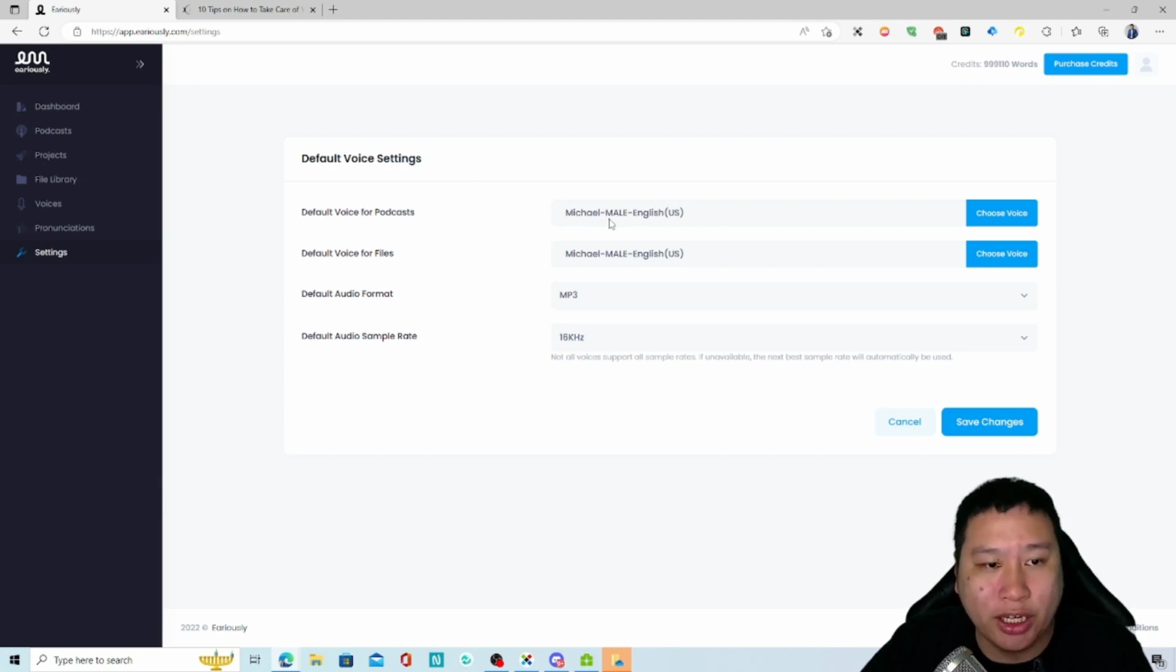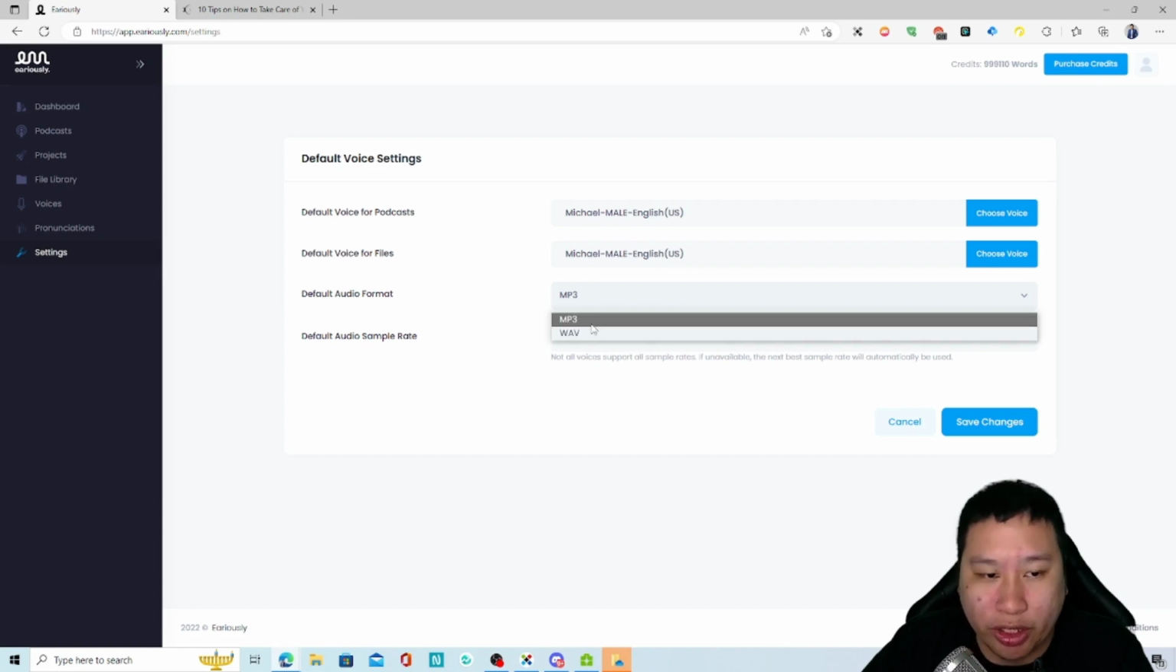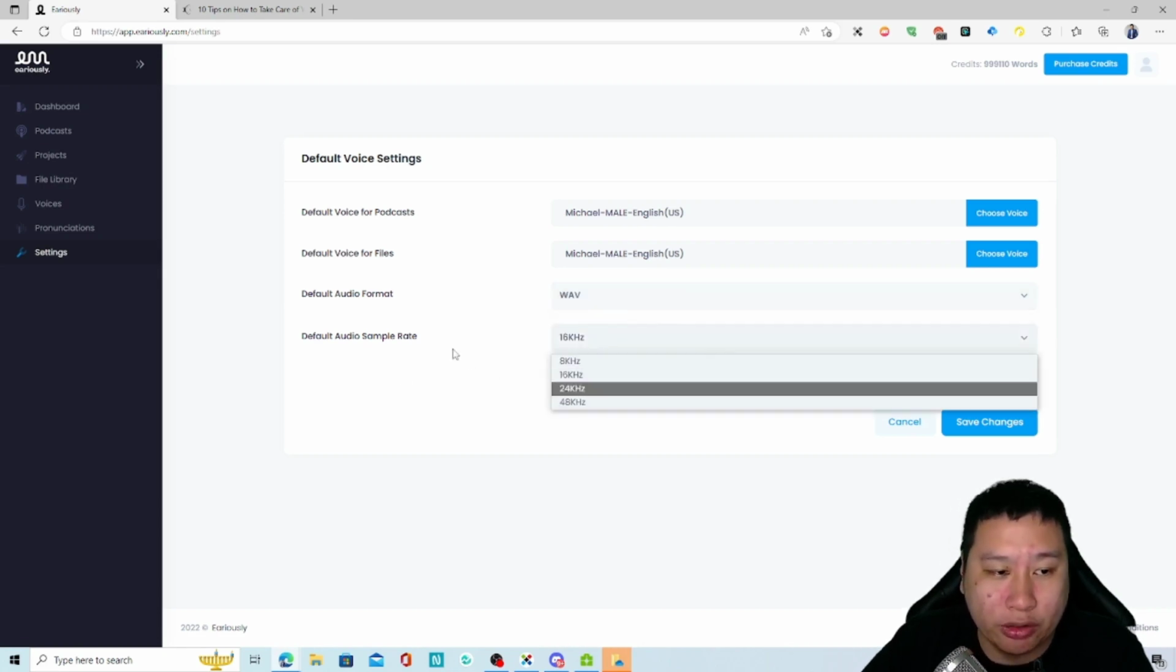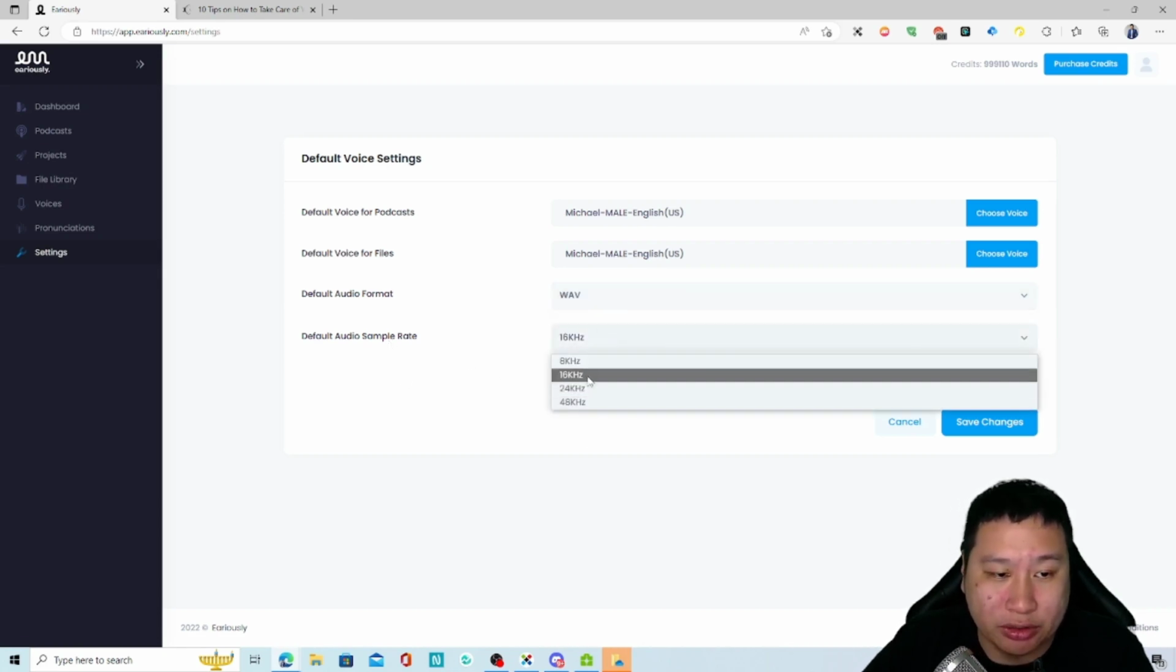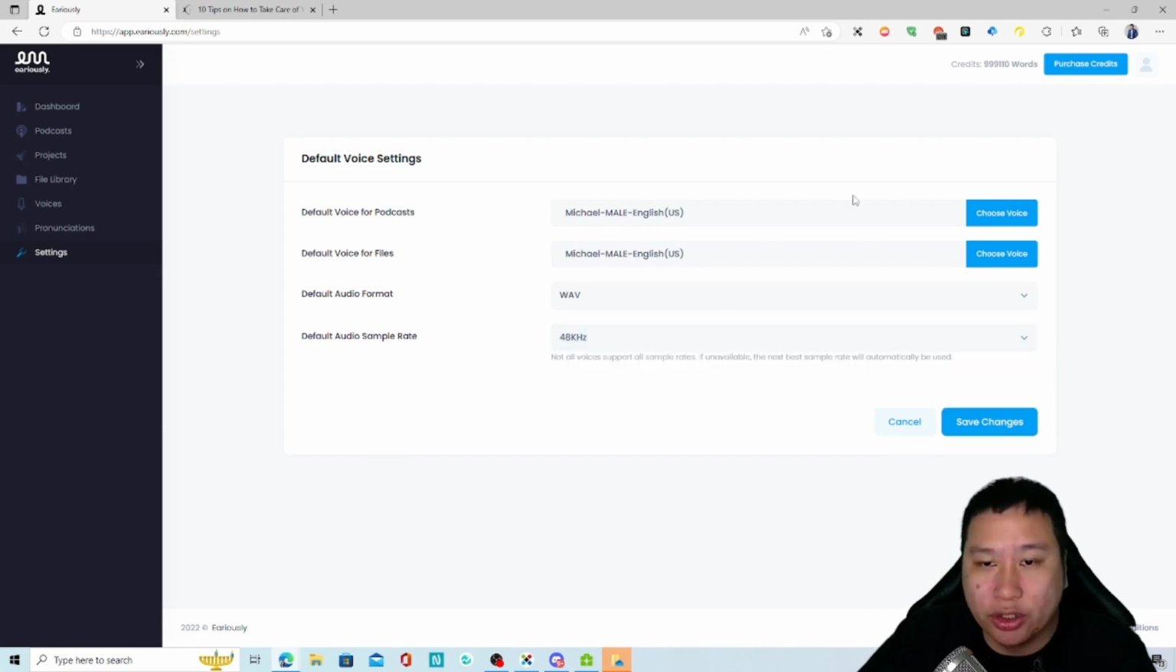Settings wise, you can set the default voice for the files, for the podcast, and what kind of audio format you want, like MP3 or WAV file, and also the sample rate. You can have up to 48K. So pretty much I guess that's all I would have to share about